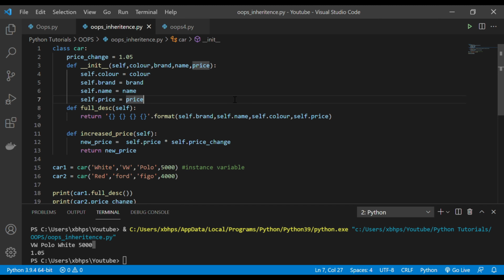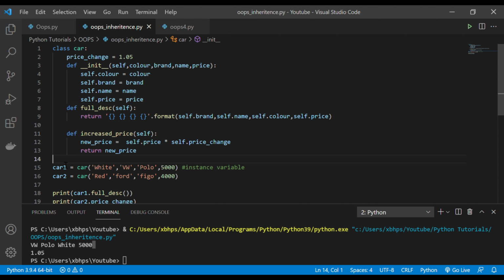Now what we are going to do is create another class, and it is going to inherit the properties of our car class, right? That is what inheritance is. So, how can another class which I am going to create inherit the same things from the class I already have? Let's see how we can do it.